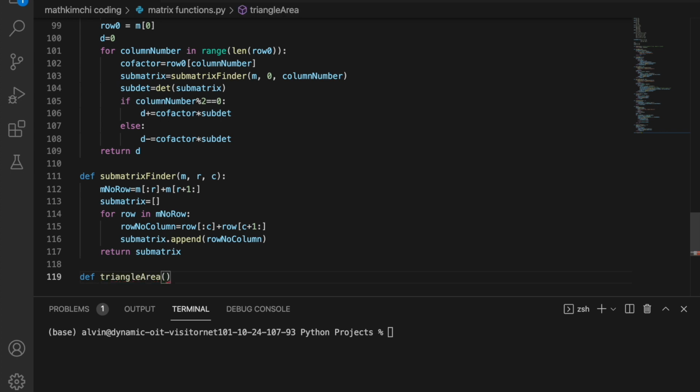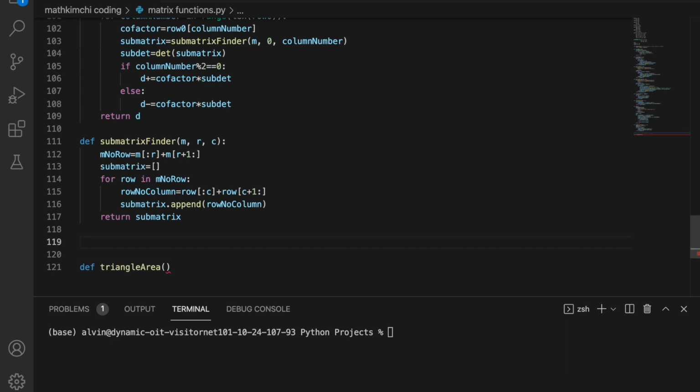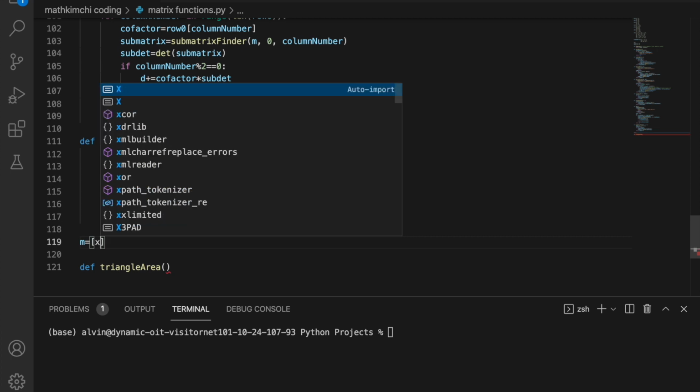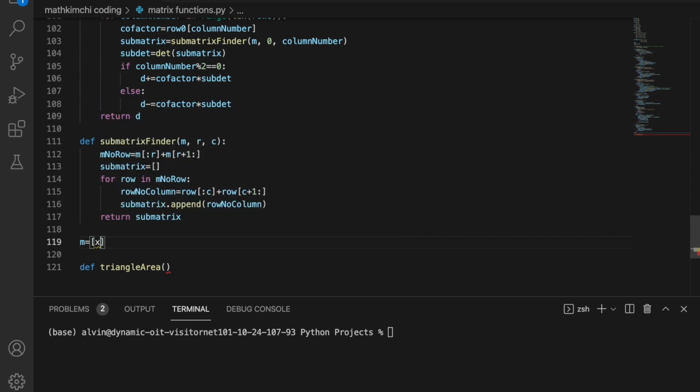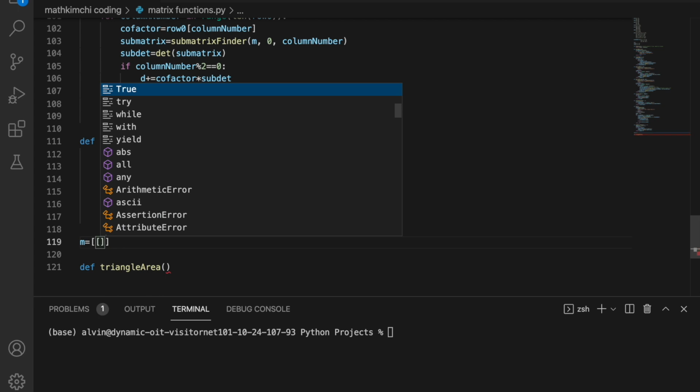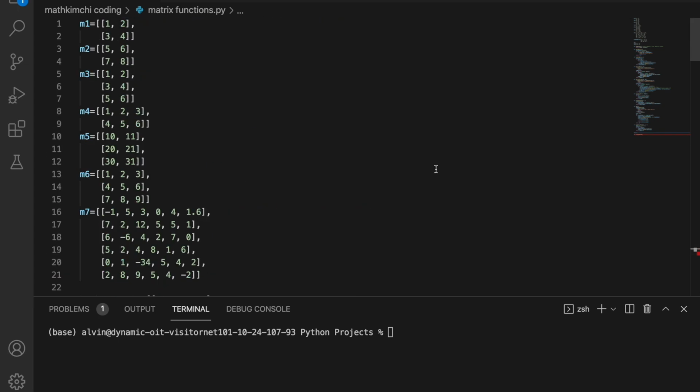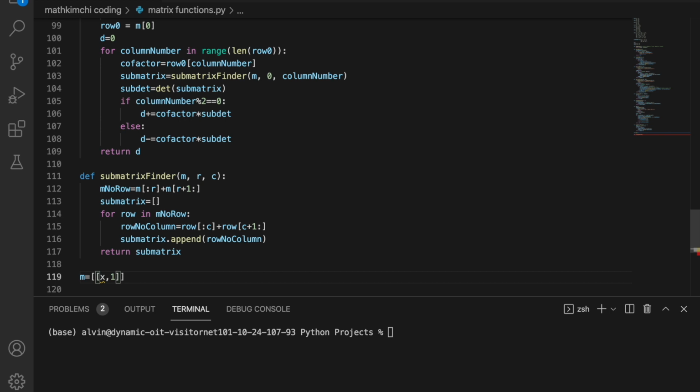It's gonna be hard to decide how to take the input, because we can either do it as a matrix where it's like m equals, x1, or actually double brackets, I'm pretty sure. Yep. So it can be x1, y1,